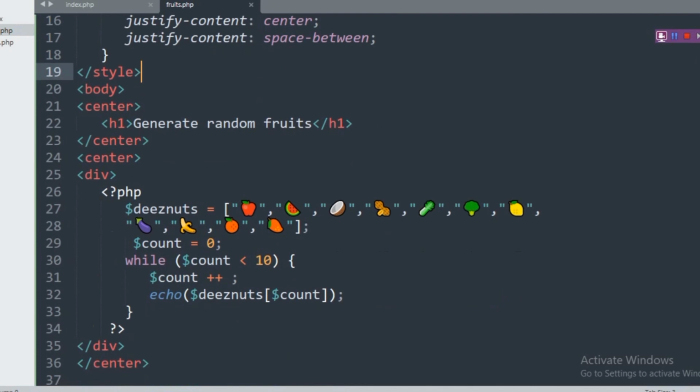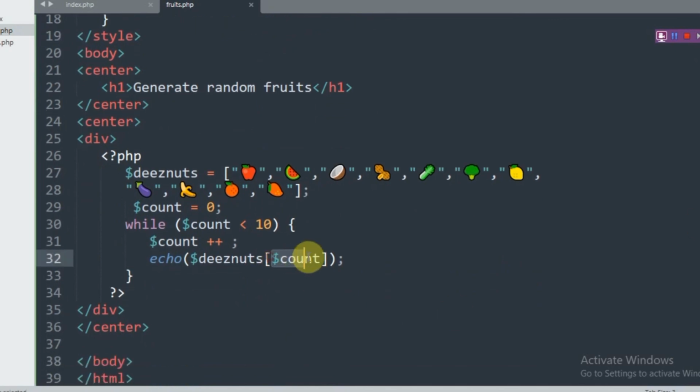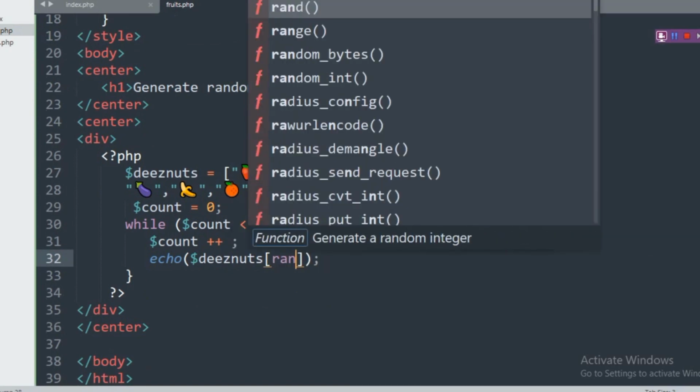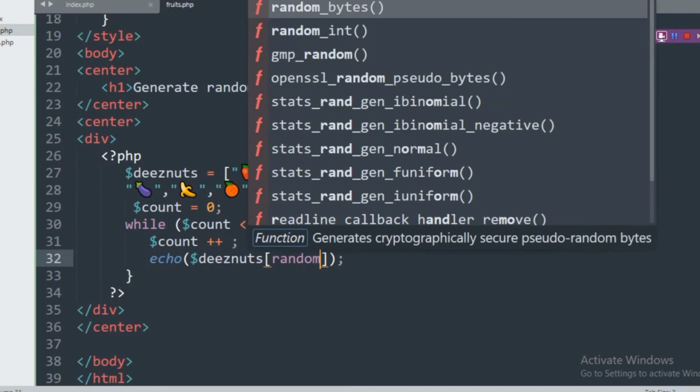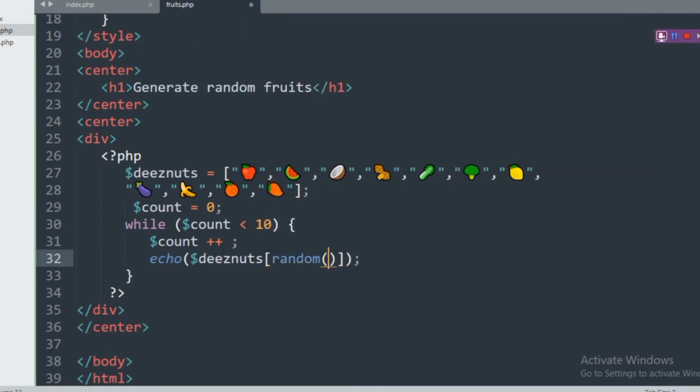Okay, so to do this, we have a random function in PHP, a method, sorry. So I'm just going to replace this with that. So I need something to be generated for me randomly, but I also want it to be within my parameters. But you now have how loops work. At least you have a beautiful idea of how loops work and how you can implement them. So for this, I'm going to do 1 to 10,